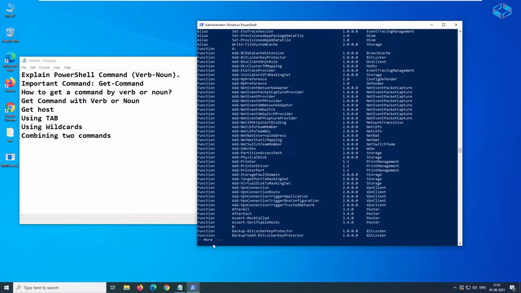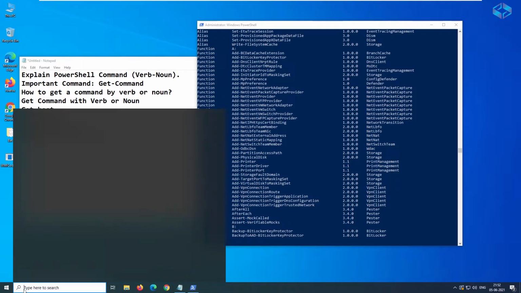And at any point you can just close, or you can stop this particular command by pressing Ctrl C, so that it will stop and you will be back in the PowerShell window. And one more important thing that I did not mention in the previous session, but